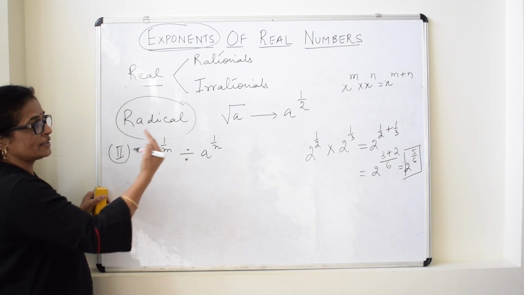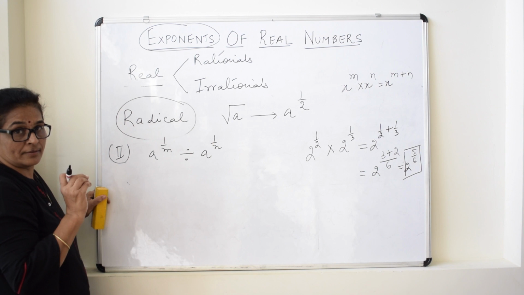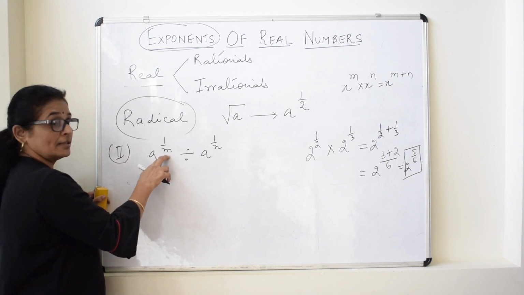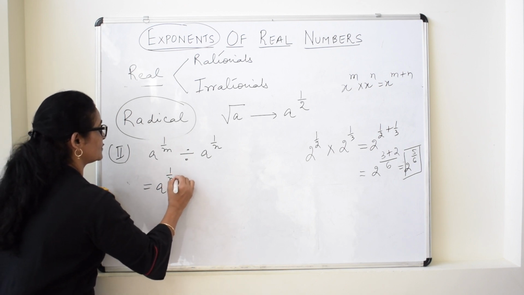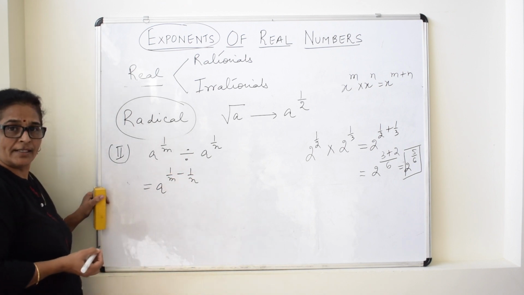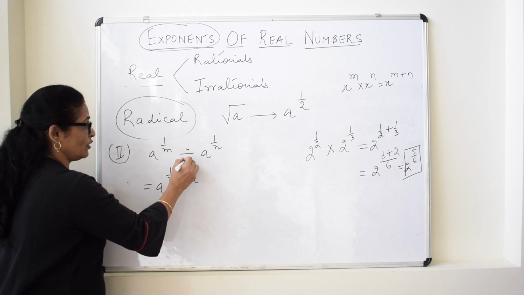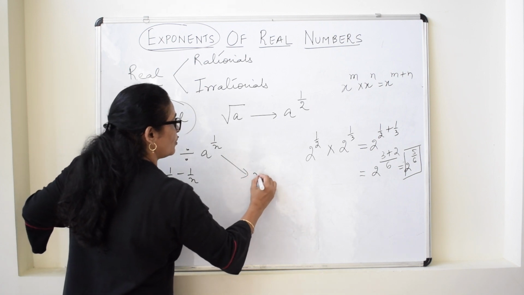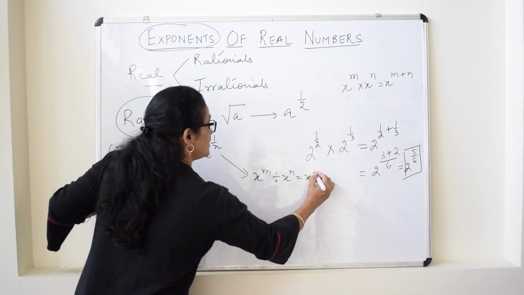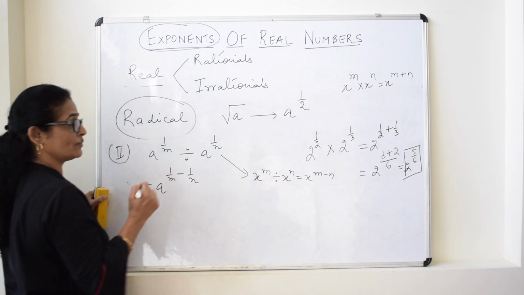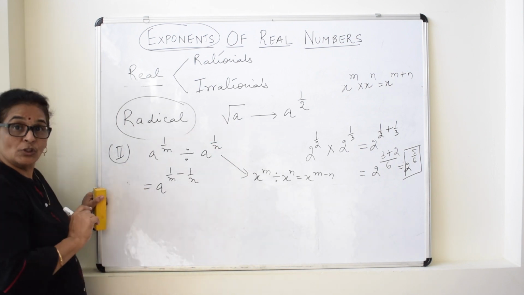First case, I just took a simple number and showed it to you. Now here we can take a general number, any number or any term. So the rule is the powers will be subtracted. Is it clear? So the power is different, the base is the same, sign of division. This is the same as that law which says that when the powers are different and the sign of division is there, then the powers will be subtracted. So in the same way we can take an example and use it.